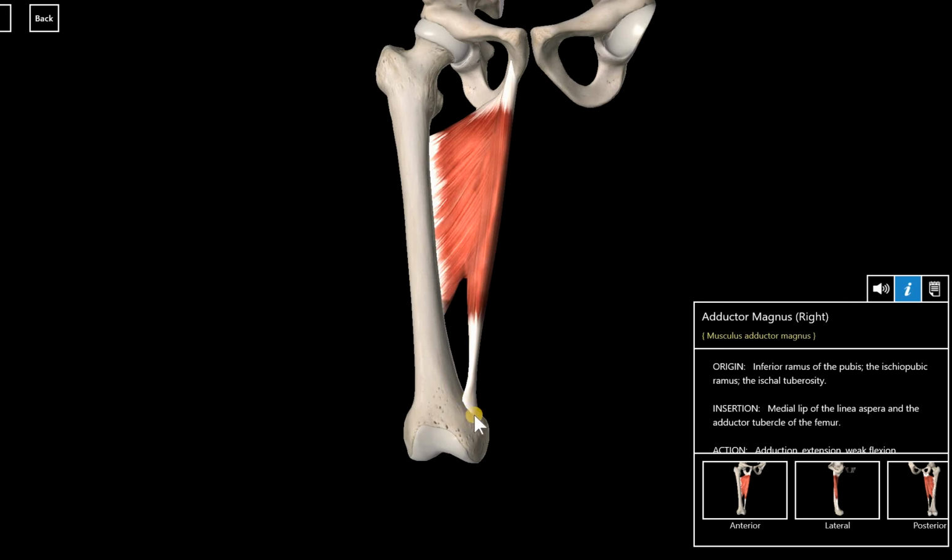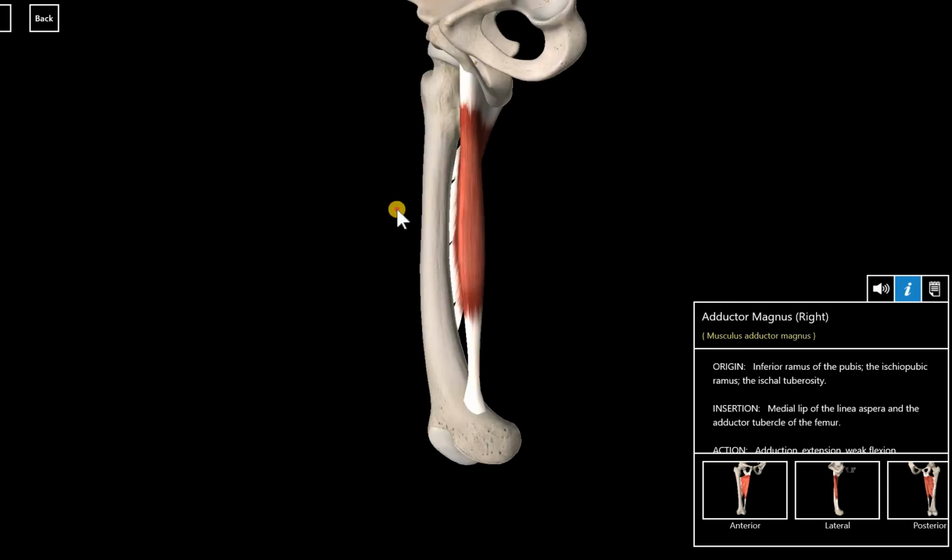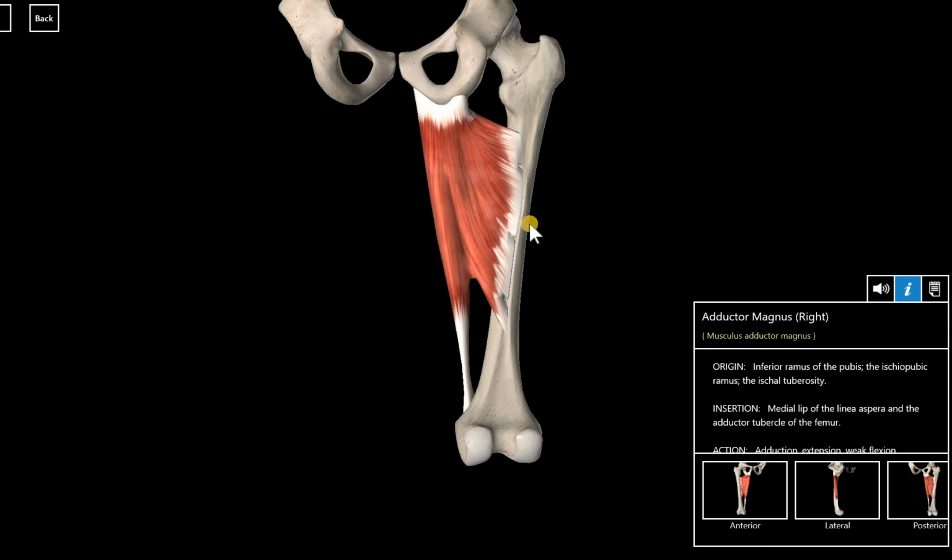Action is adduction and extension at the hip. Because of its location, hamstring injuries are sometimes misdiagnosed. So in other words, the hamstring is fine. It's the adductor magnus that's